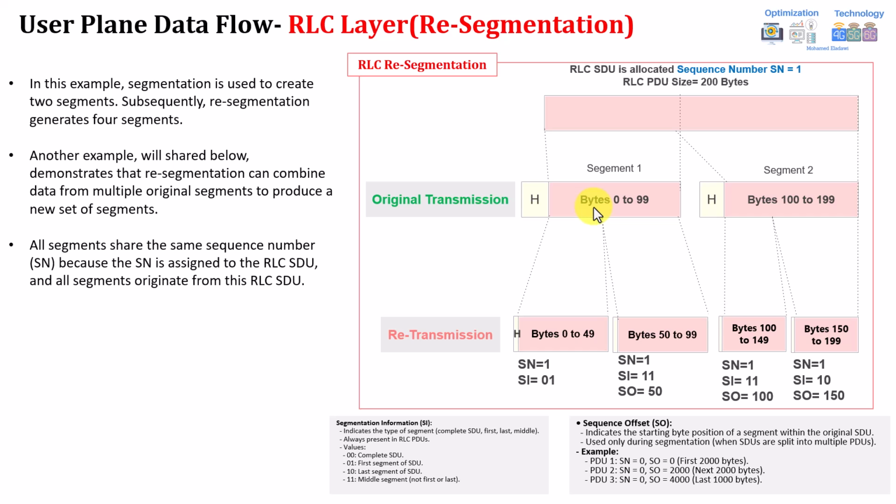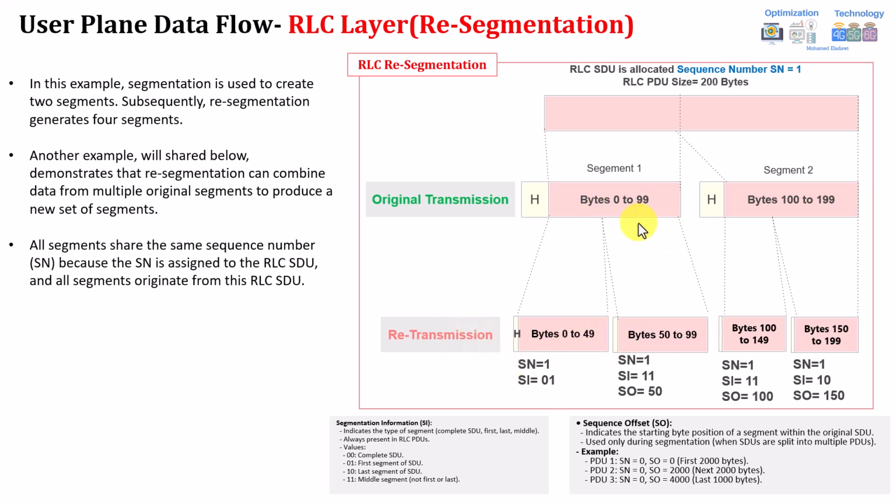So sometimes the RLC will decide to do additional segmentation of the originally segmented packets. As you can see in this example, segments 1 and 2 will be resegmented again into 2 additional buckets. And the main idea of the resegmentation is that when it's resegmented, it will have smaller segments, as you can see down here, and smaller signals are less likely to encounter errors, and this increases the retransmission success from the receiver's point of view. So this is one of the benefits of resegmentation, which happens in acknowledged mode.